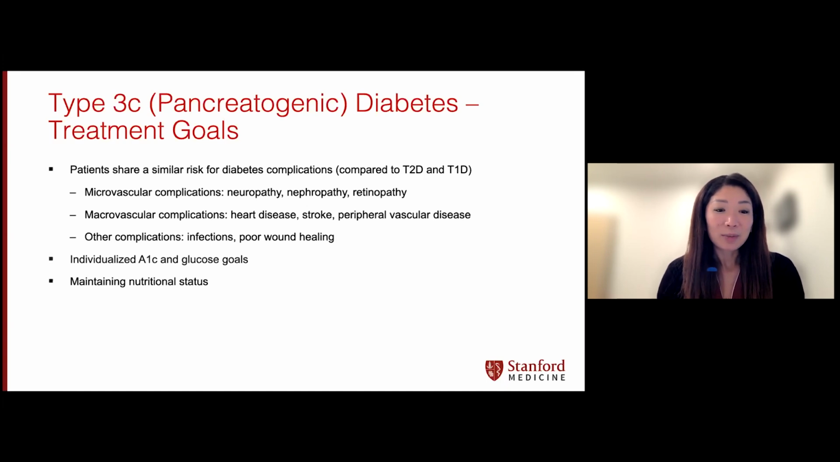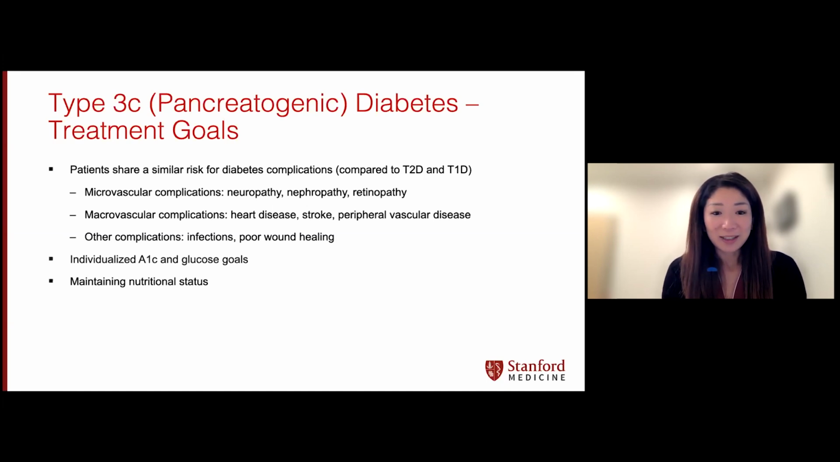It's important that we individualize A1C and glucose goals. So it's very critical that we remember that type 2, type 1, type 3C diabetes, all of these are different. Each individual is different, and the goals for blood sugar control should be different. There's no one-size-fits-all treatment, and there's no one-size-fits-all glucose goal. We have to take into account a lot of patient factors, such as someone's age, the risk of low blood sugars, even the cost of medications,